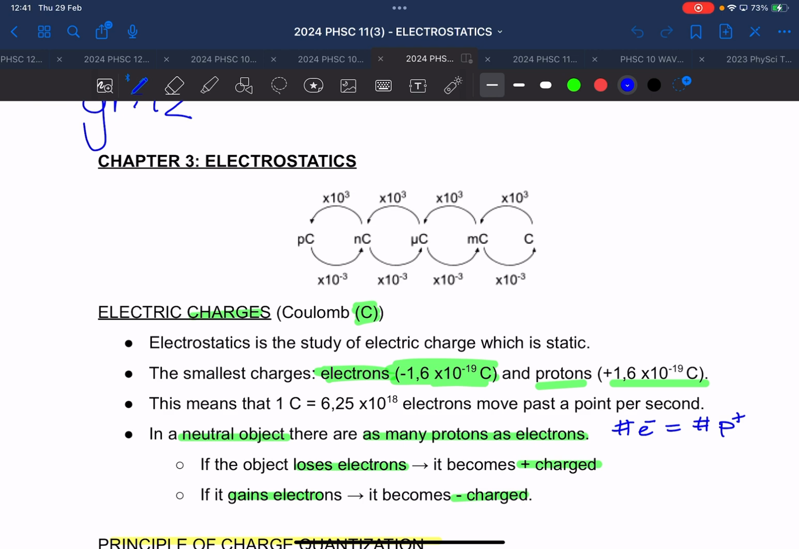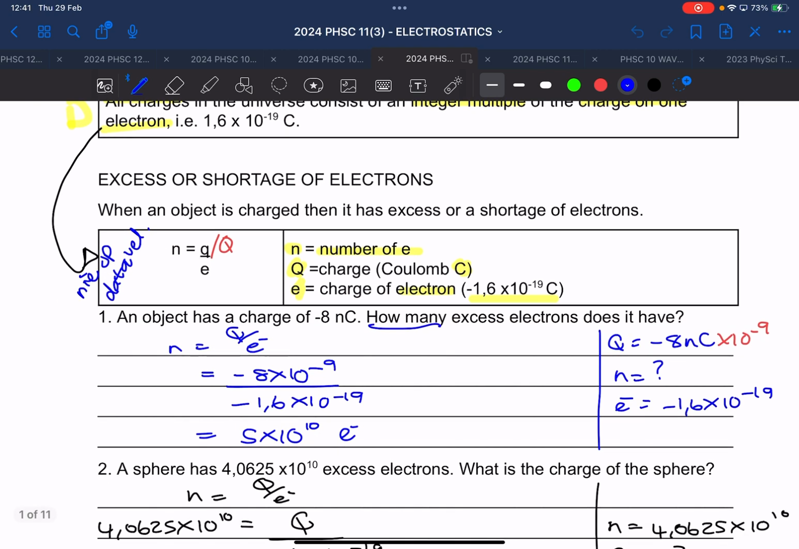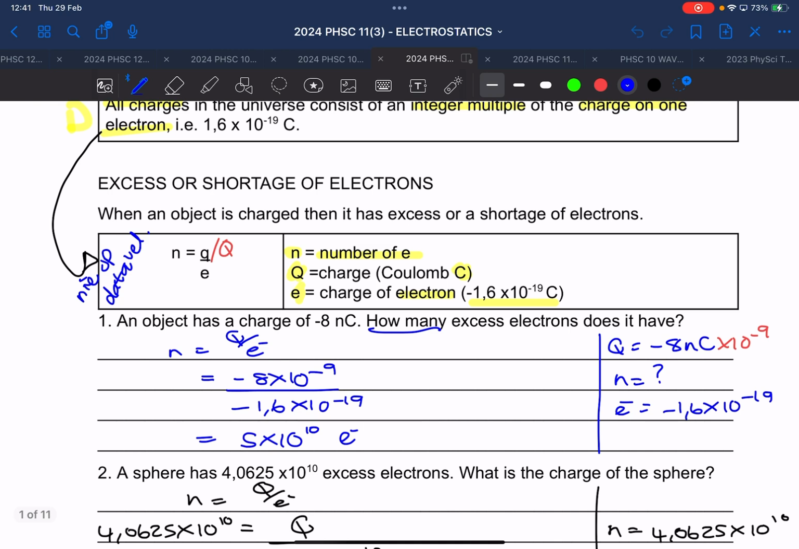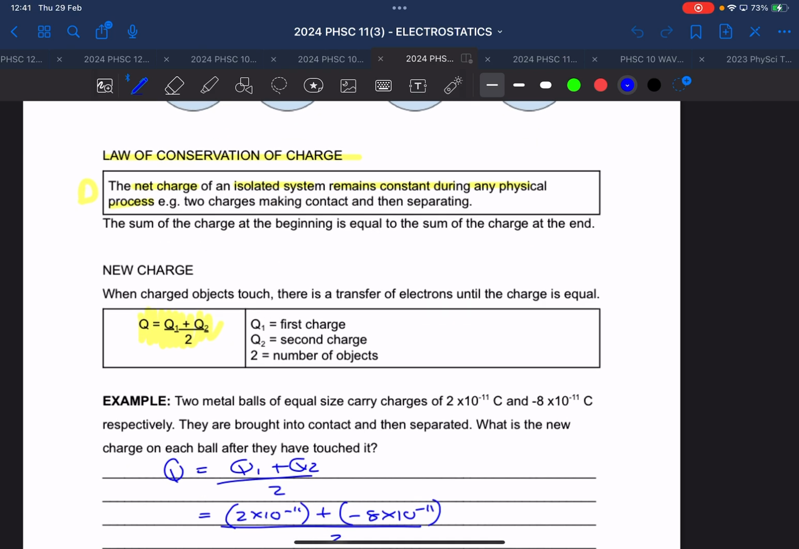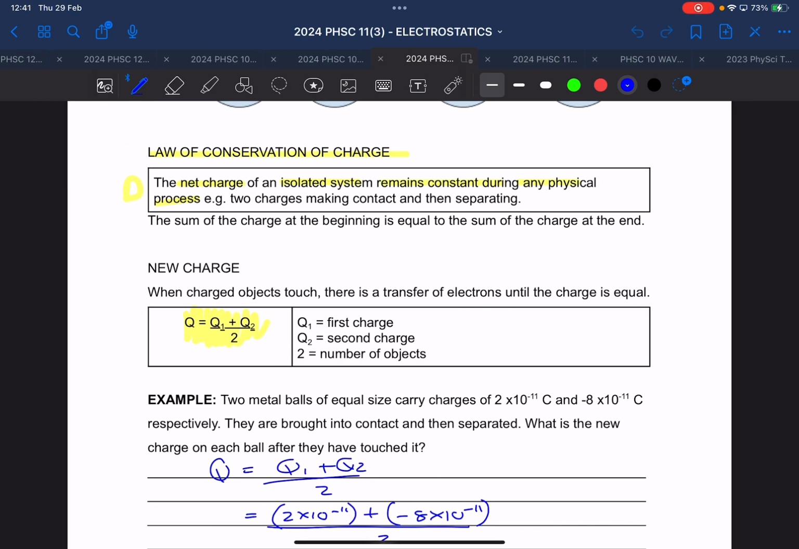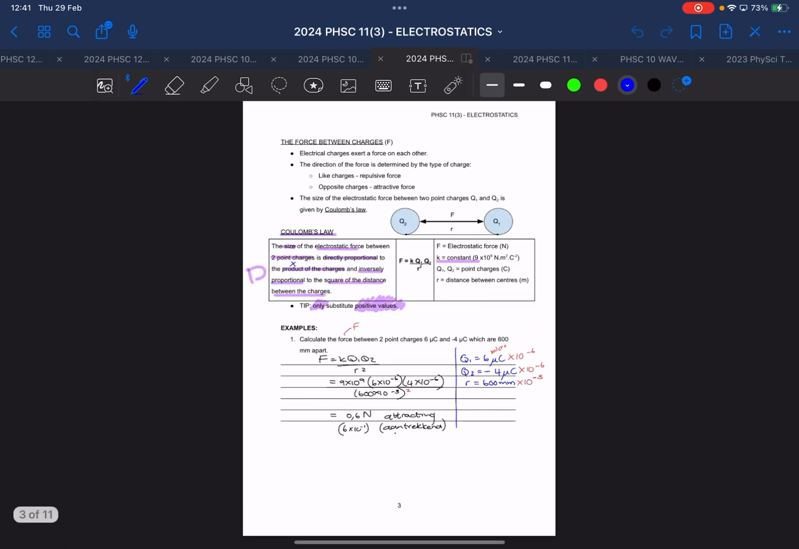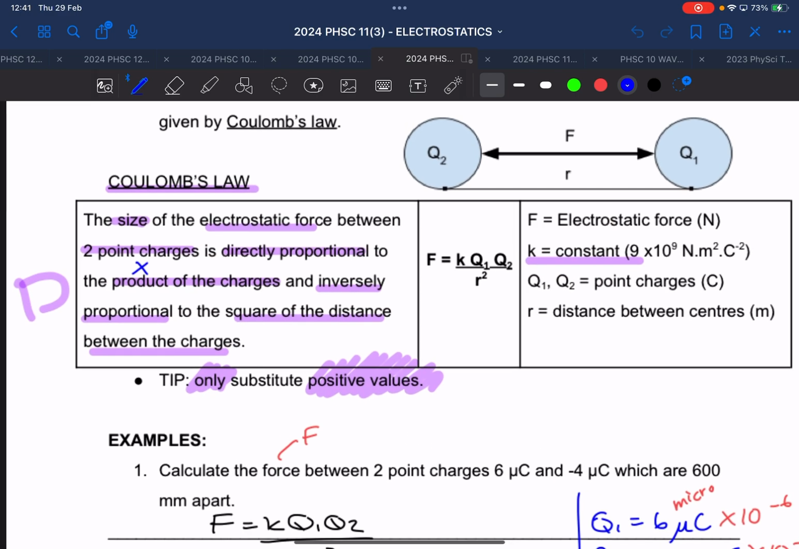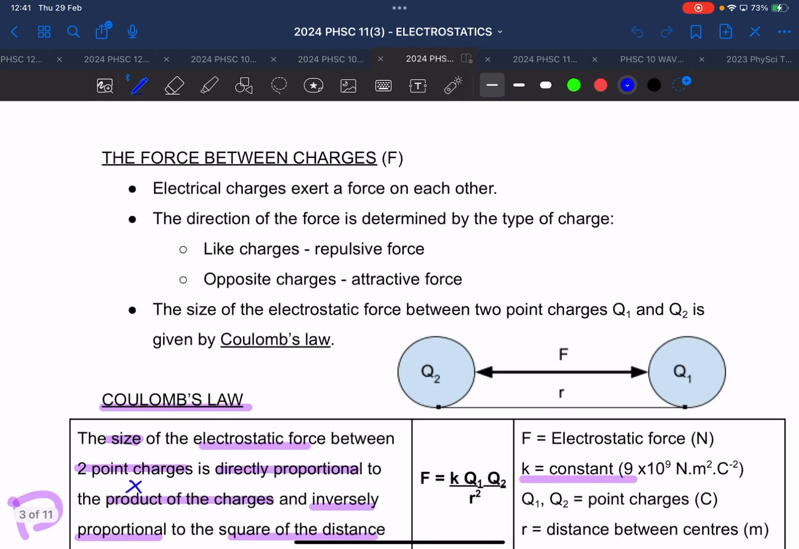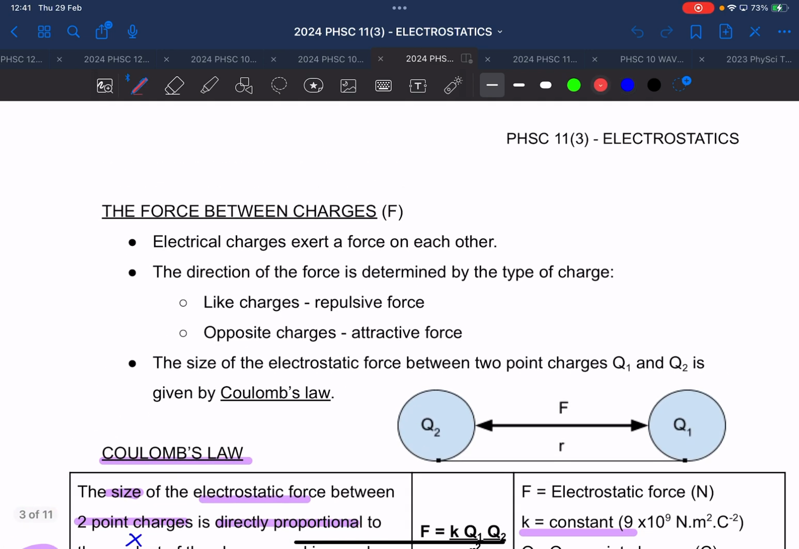Remember we spoke about whether there is an excess of electrons or a shortage of electrons? Yes, you remember that. Then we spoke about how, if two charges touch, there's a transfer of electrons until they are equal. And then we spoke about Coulomb's law. Now, just a quick recap, when we spoke about Newton's gravitational law,